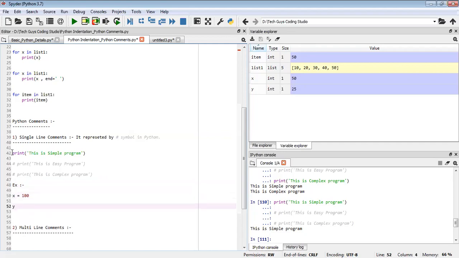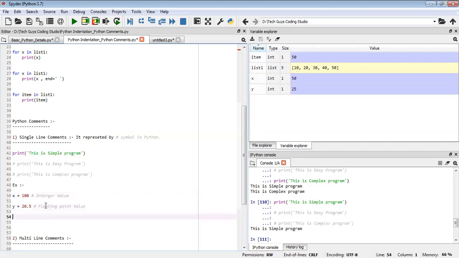Okay, and y is equal to 20.5. Here, it's an integer type of value, an integer value, and this is a floating point value.